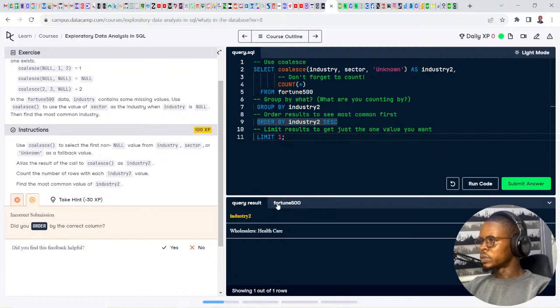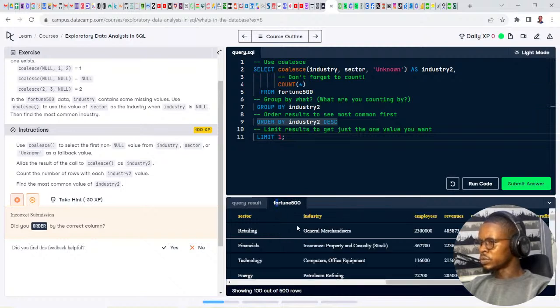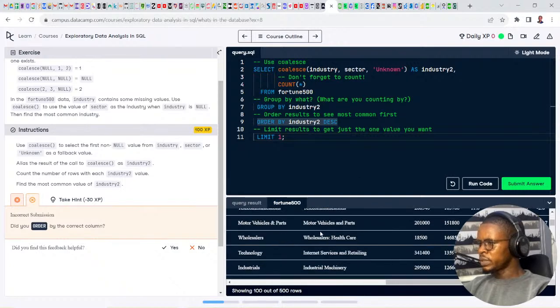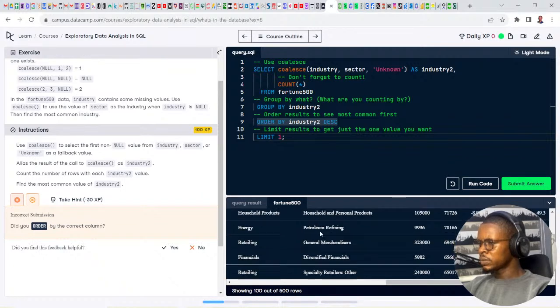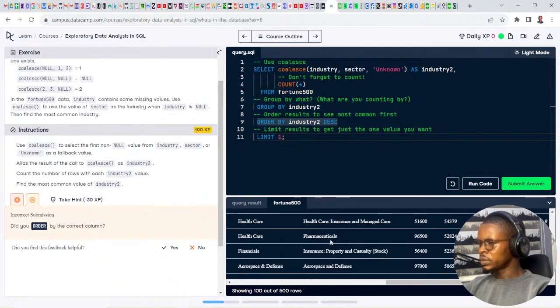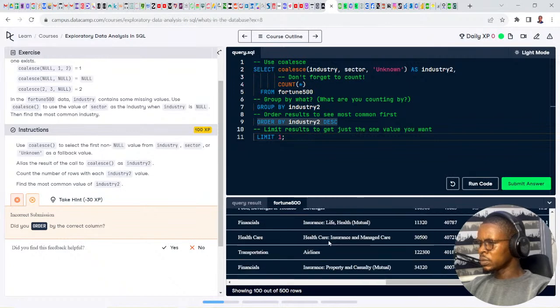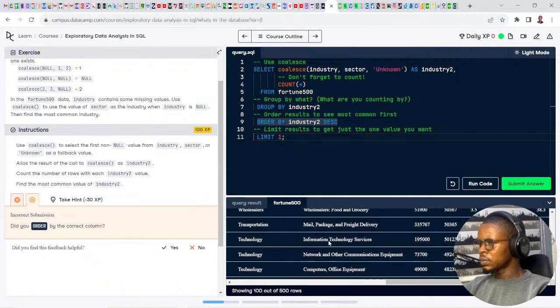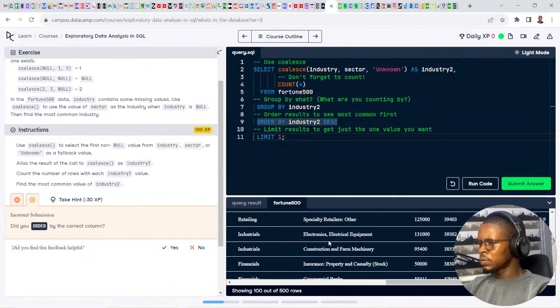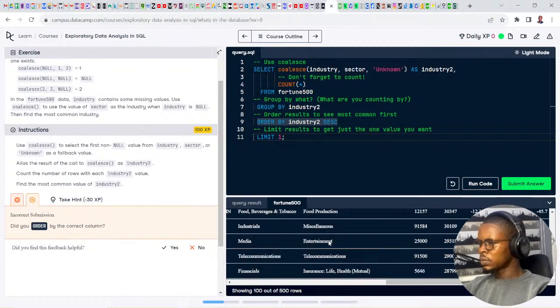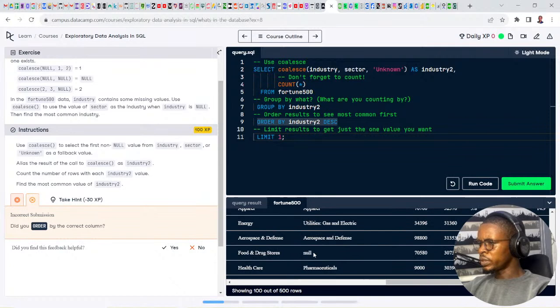So go back to this place. This coalesce is going to select industry. We're going to return the industry if it is not null. Let me look for one blank record here from the industry. Look at this null value here.